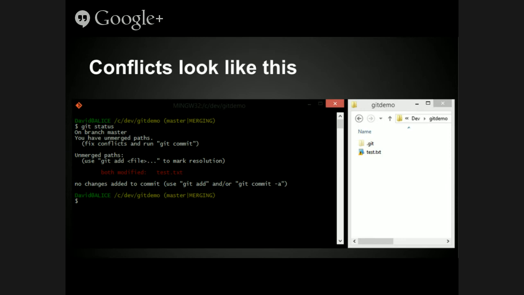I personally think people that do it on the command line are masochists. It's a lot easier to use a graphical tool to see all the unmerged files and right-click them and look at a good diff and merge in whatever diff tool you choose. You can configure the diff tool that Git will automatically launch. So you resolve the conflict and you save the file and you add it to the index.